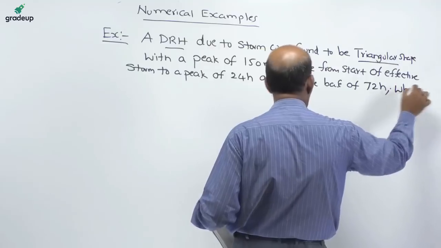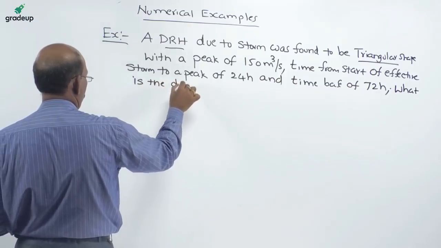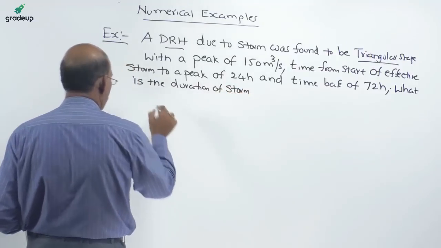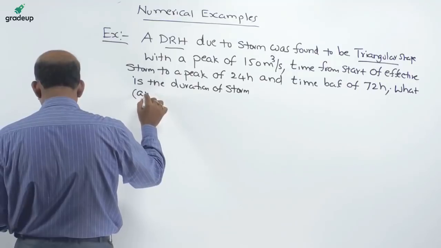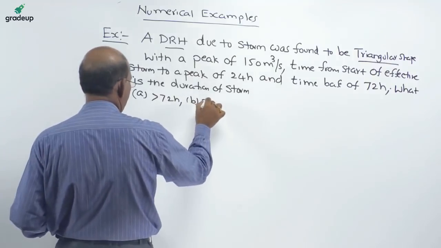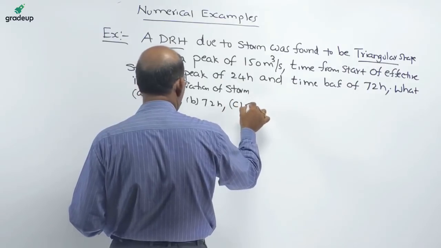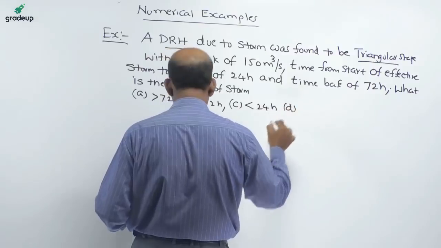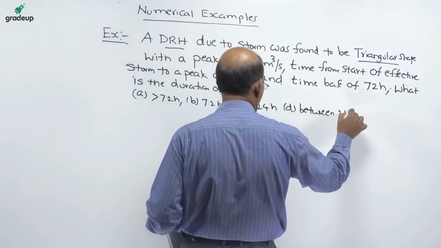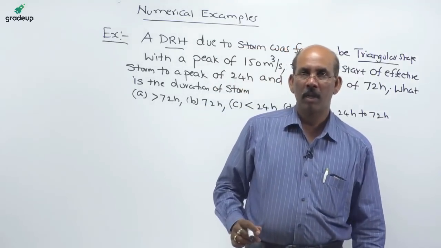What is the duration of the storm? So the options are: A, greater than 72 hours; B, 72 hours; C, less than 24 hours; D, between 24 hours to 72 hours. So, coming to this example,